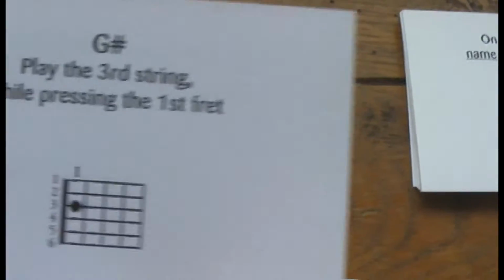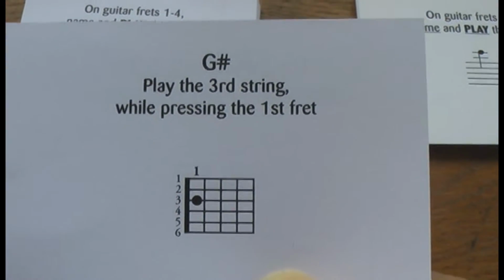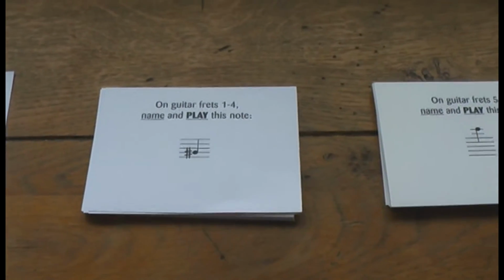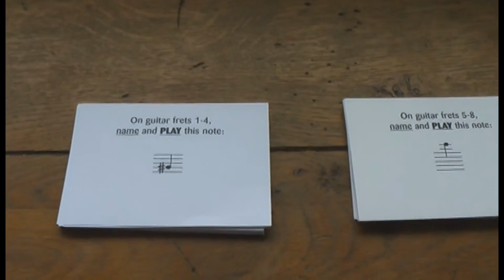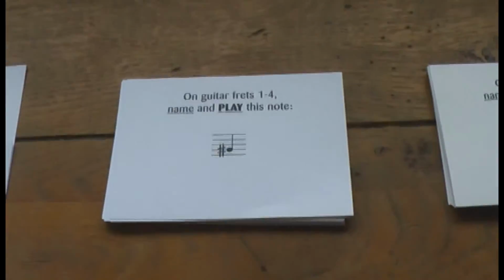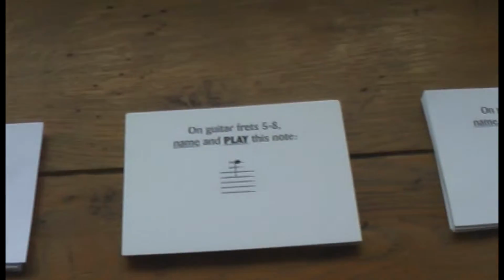And G sharp is, of course, play the 3rd string while pressing the 1st fret. I'll show you the 6 cards in a minute, the 6 cards for the 1st fret. Then once you're very good with those 24 cards, there are 24 cards, then